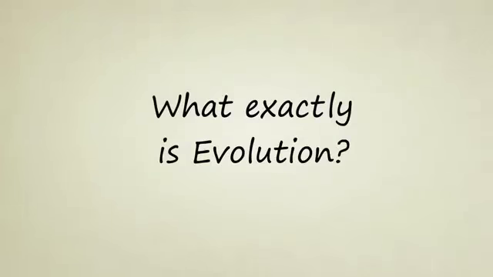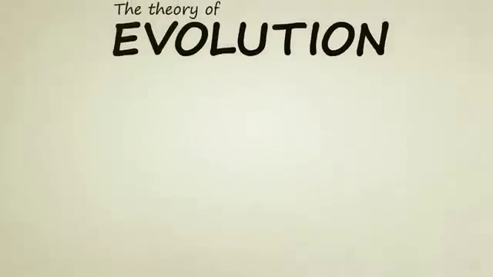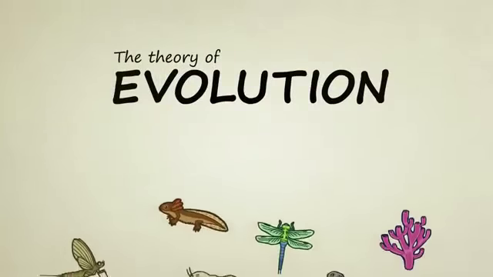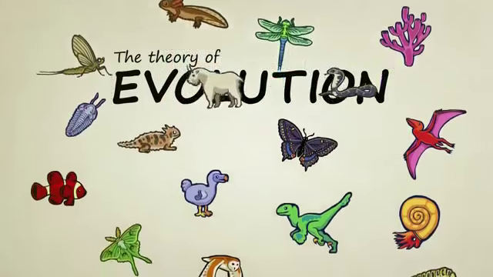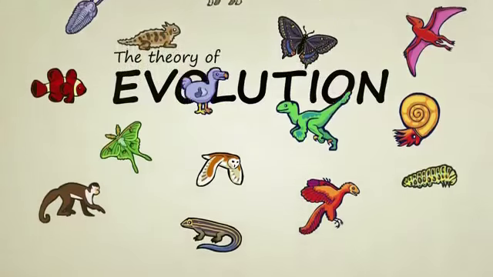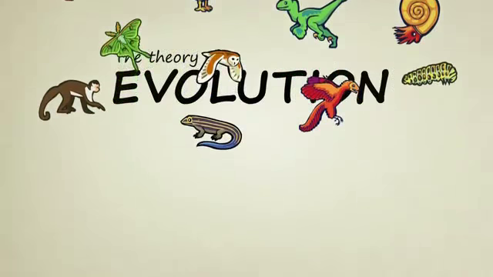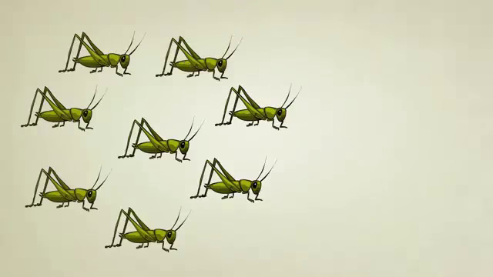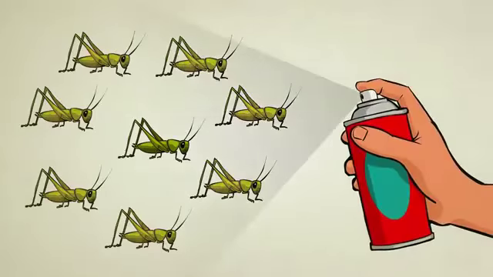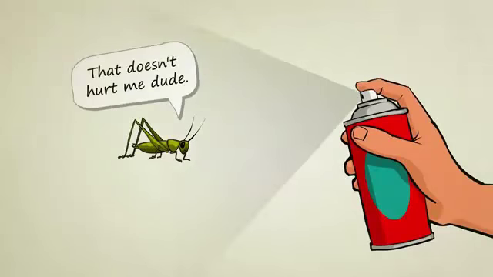What exactly is evolution? In biology, the theory of evolution doesn't tell us exactly how life began on Earth, but it helps us understand how life, once it came into existence, diversified into the many incredible forms we see now and in the fossil record. It also helps us make sense of the way in which modern creatures continue to adapt and change today.